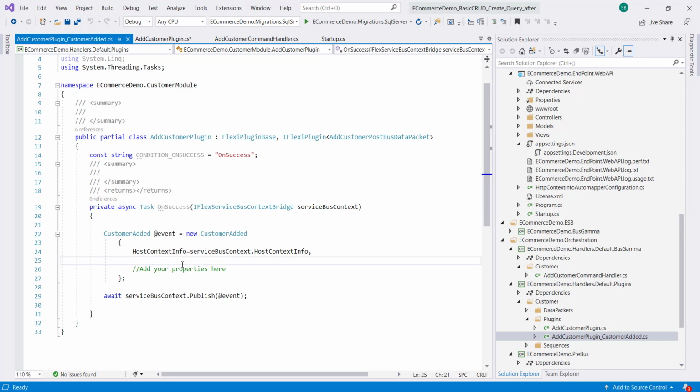So subscribers, if they need it, can use the context info. This is very useful when you are developing a multi-tenant application. So with only one configuration in your startup, your entire application can be switched from single tenant to multi-tenant, or multi-tenant to single tenant, without changing any line of code anywhere in your business logic.